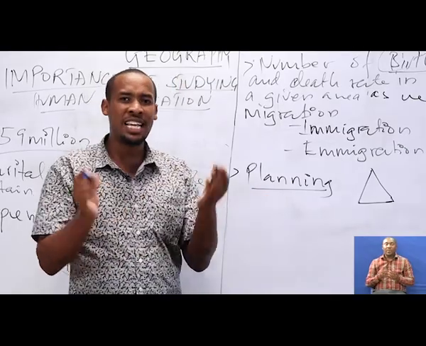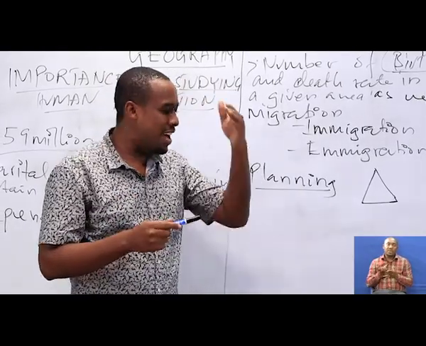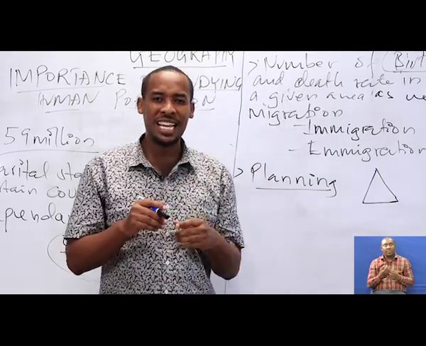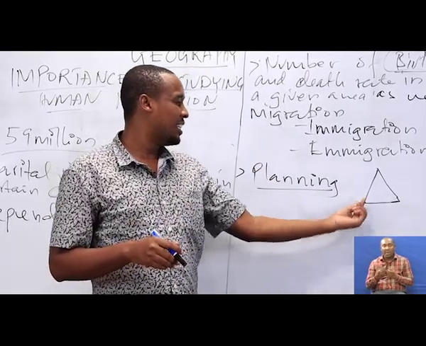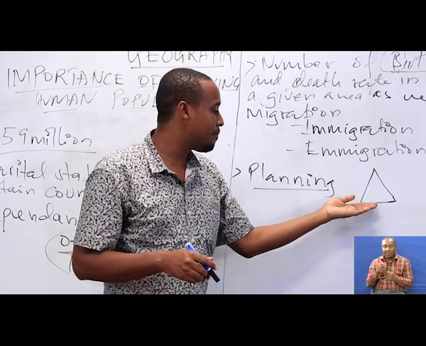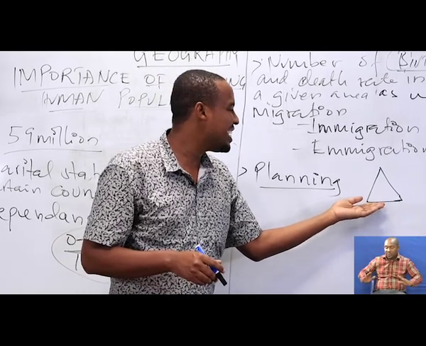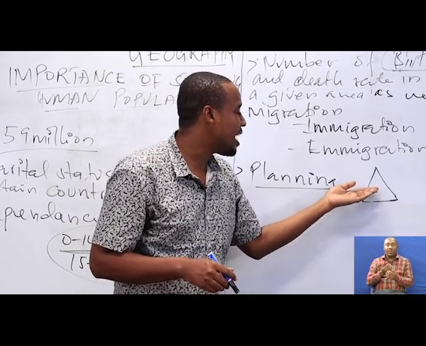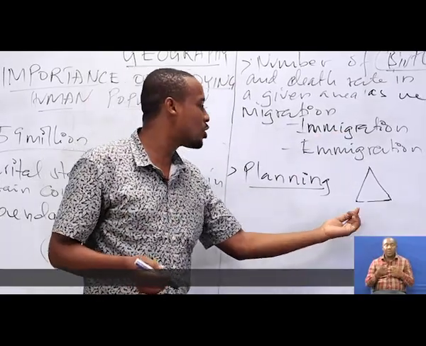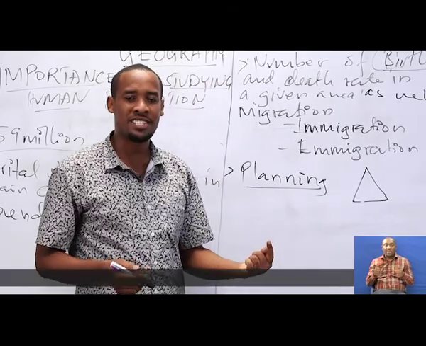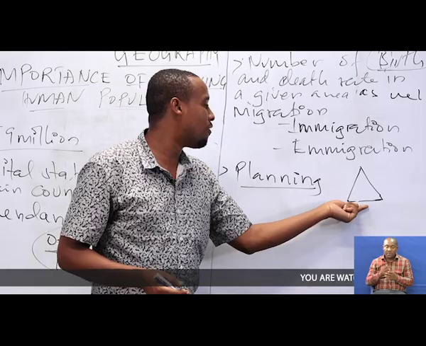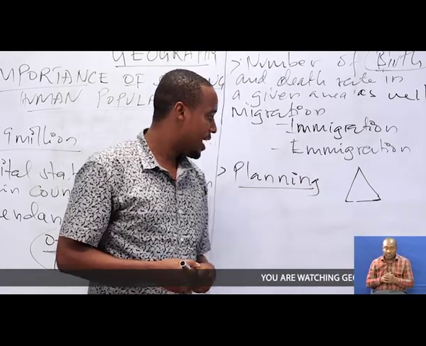It can be planning in providing the social services needed by the available population. It can be planning in solving the problems facing the population. For example, here the dependency ratio is high because there is a high number of children compared to the number of working population. So the government may also plan ways of reducing the dependency ratio, ways of reducing birth rates, as well as ways of reducing the death rates in the population.